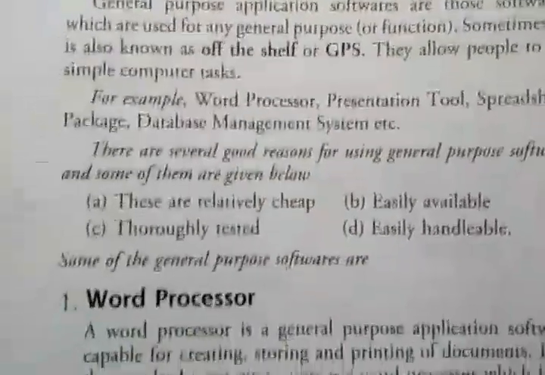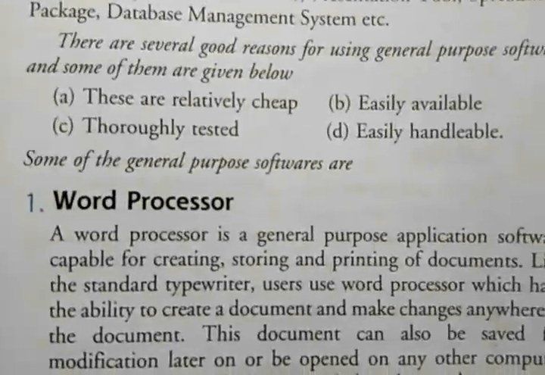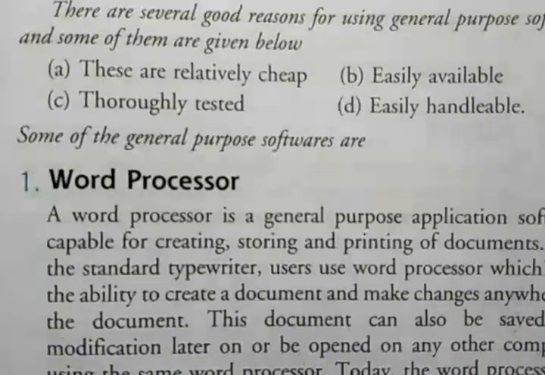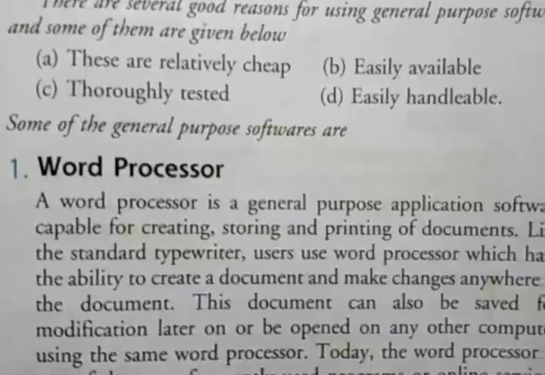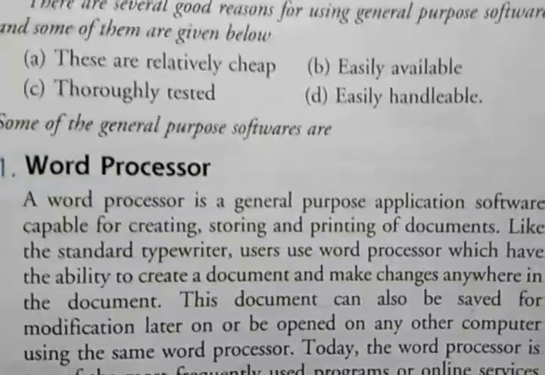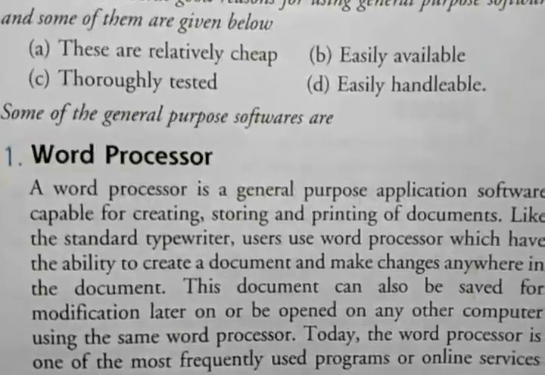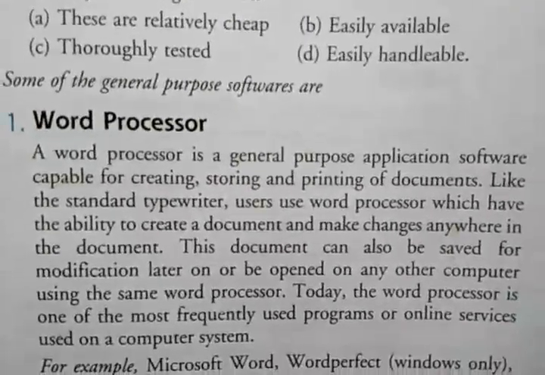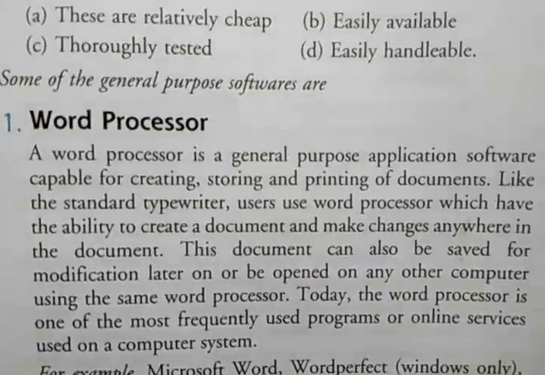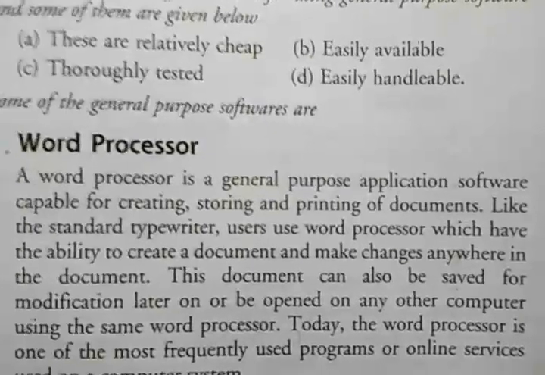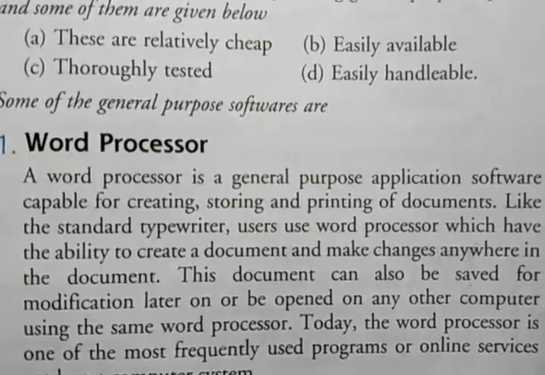Some common examples of general purpose software are Microsoft Word, Microsoft Excel, database software, etc. So here is one example of general purpose software, that is Microsoft Word. We can use this at home for making projects and theses, whereas it can be used in offices for letter writing and all the work related only to textual data.